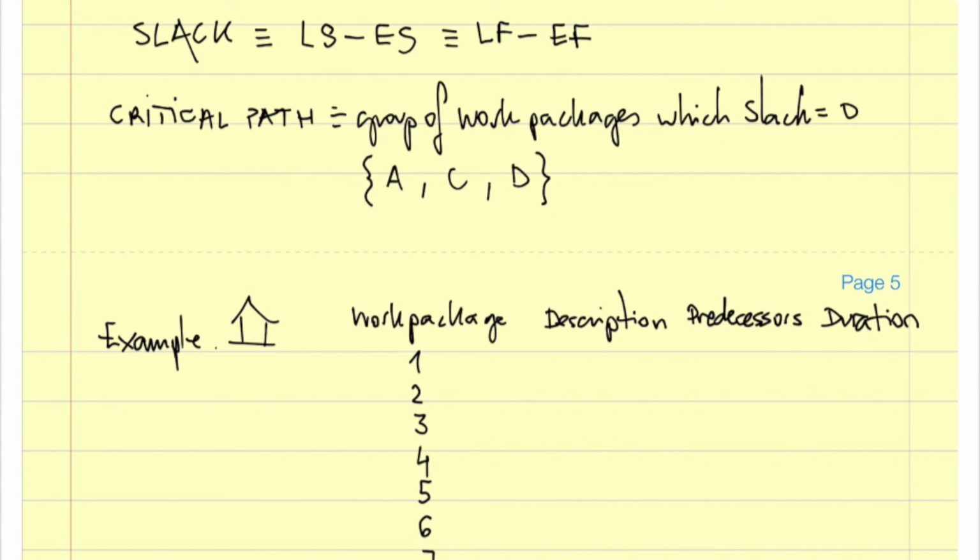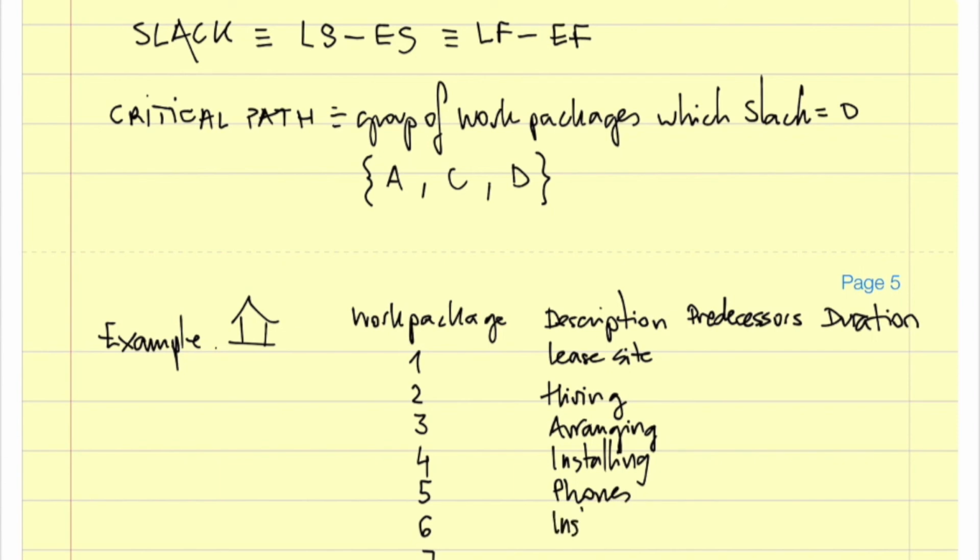Description is lease site, hire workers, hiring, arranging, installing, phones, I don't know, okay, install IT and move into office. So the predecessors is this: 1,